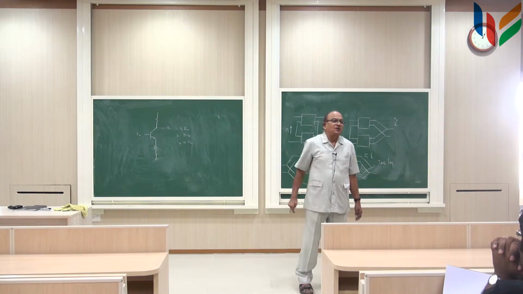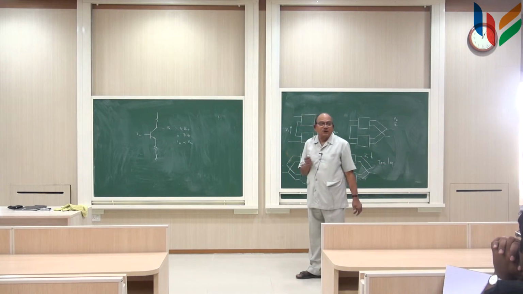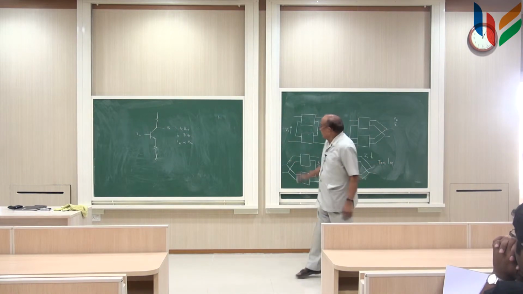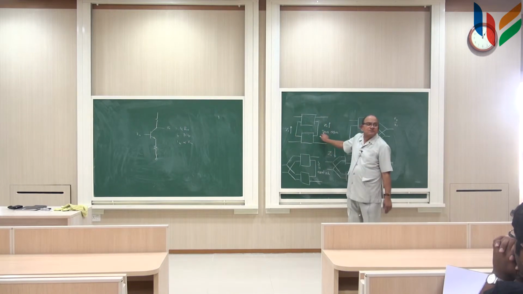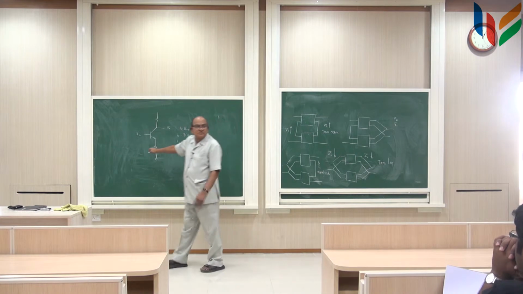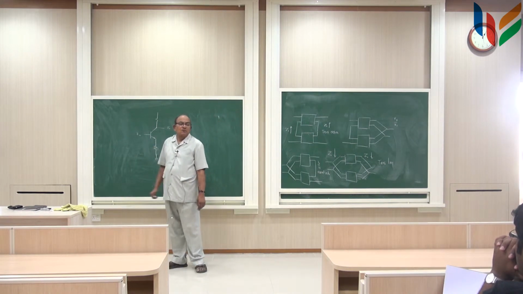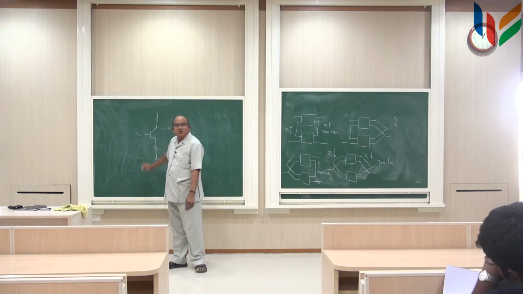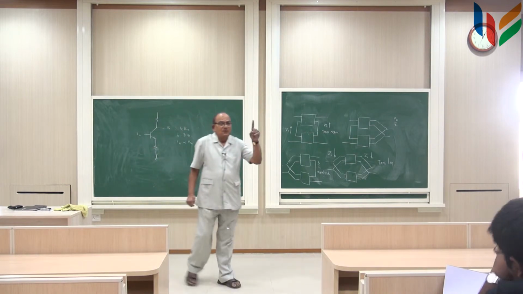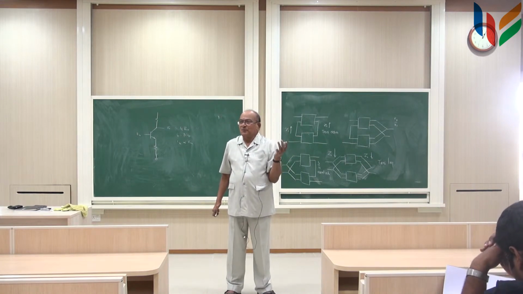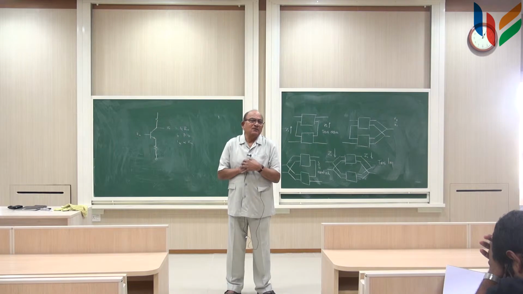Now, due to the series feedback, what are the advantages I got? One is the bandwidth will increase and distortion will decrease, but leave all that. Look at this: my input impedance has gone up compared to before. And what was the input impedance before? I put this resistor. Remember the equivalent circuit? Beta RE. Beta RE was the input impedance before the feedback.